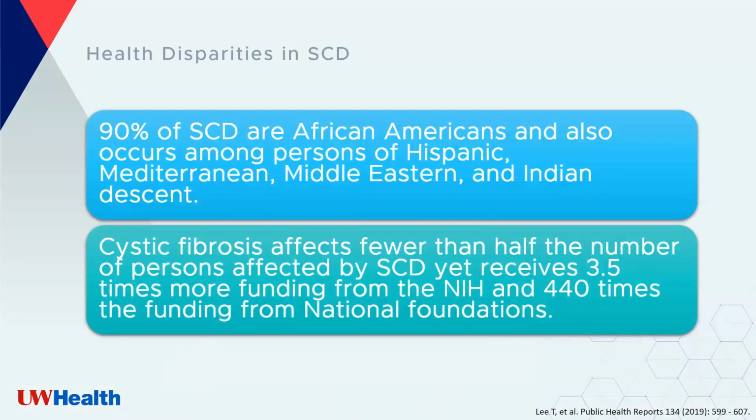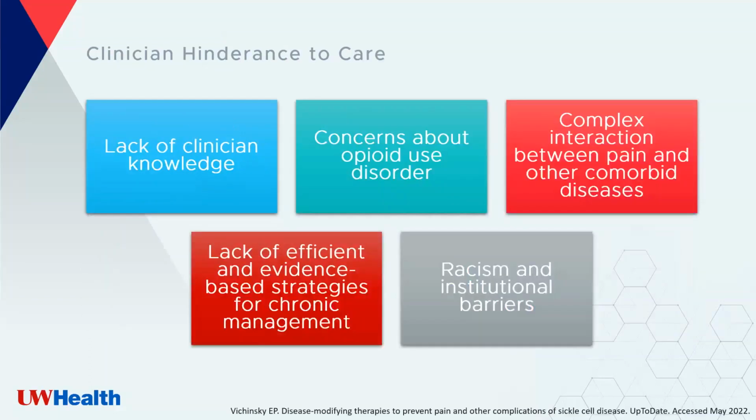Disparities in sickle cell disease: 90% of sickle cell disease patients are African American, and it can also occur amongst other minority patient populations. To put it in perspective, cystic fibrosis affects fewer than half the number of persons affected by sickle cell disease, yet it receives 3.5 times more funding from the NIH and 440 times more funding from the National Foundation. So when we think disparity, we're also thinking lack of research funding, lack of studies,